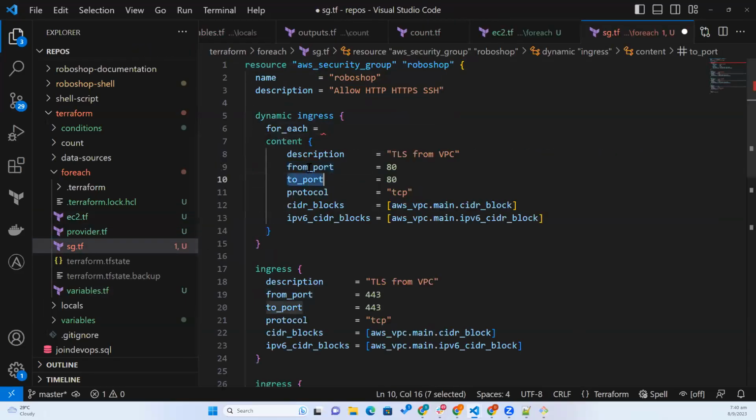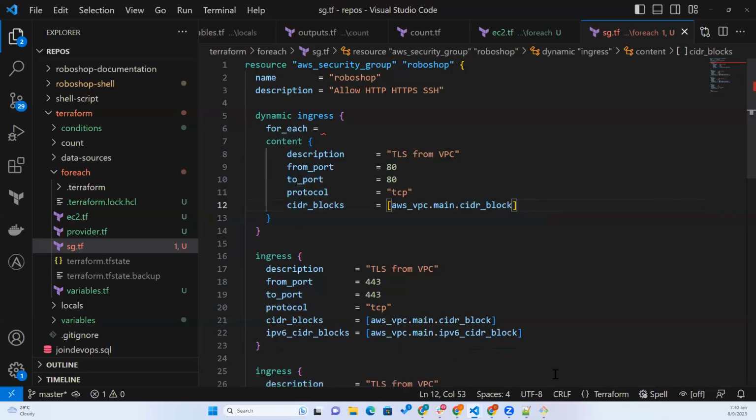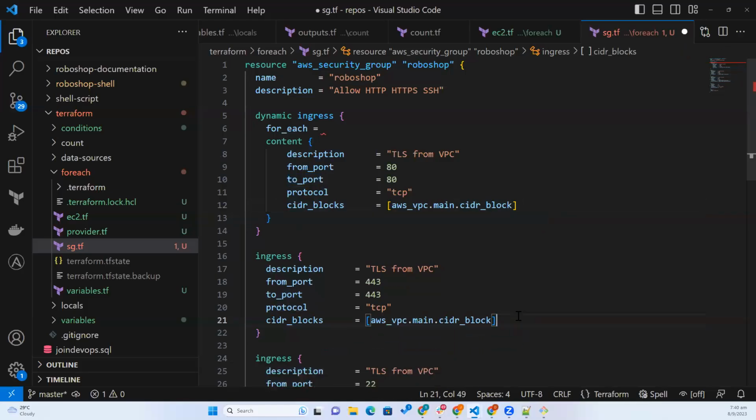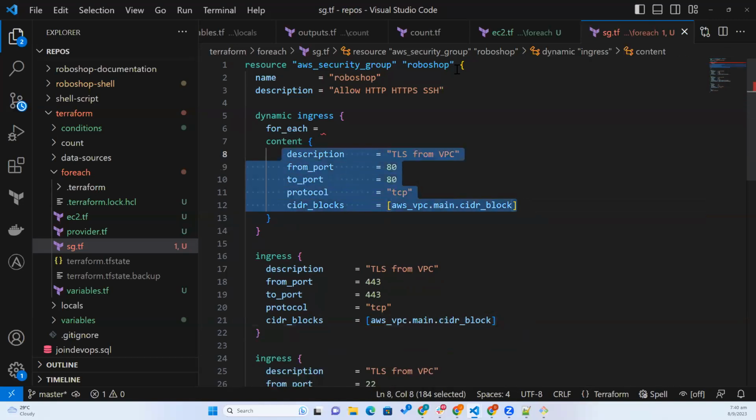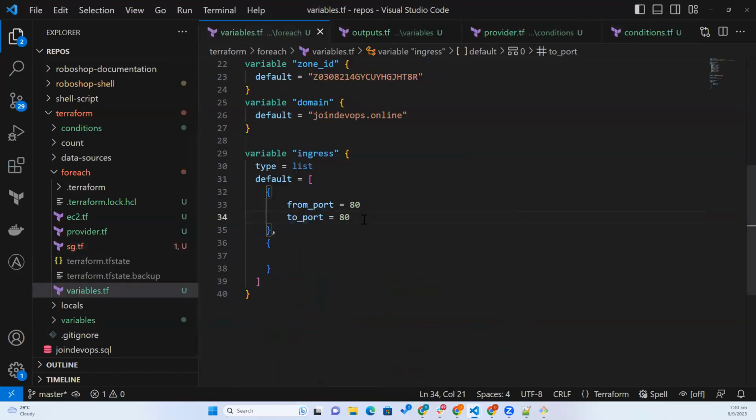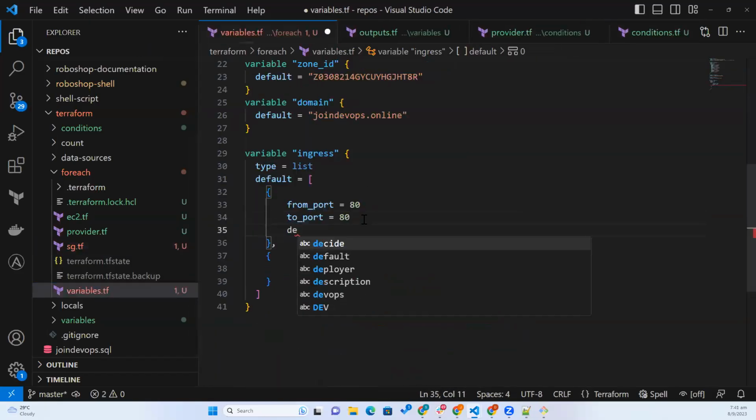From port to port. Description is optional generally, but you can keep it. Protocol, we don't need IPv6. We are not working on IPv6. We need these 5 values, for example. Okay, so you need to keep them inside this from port to port description,